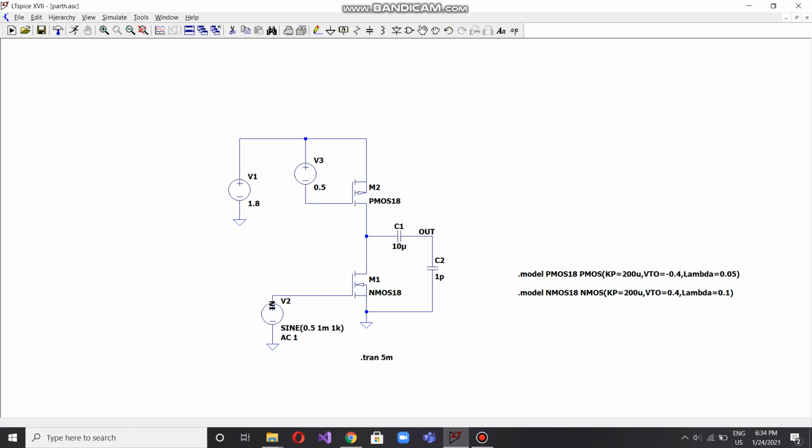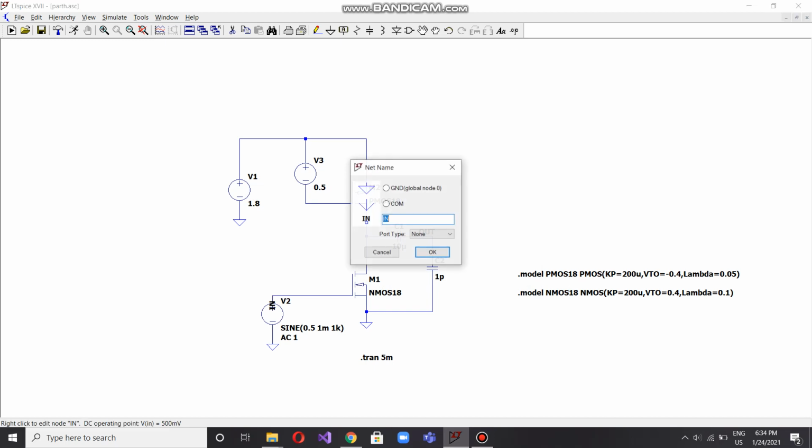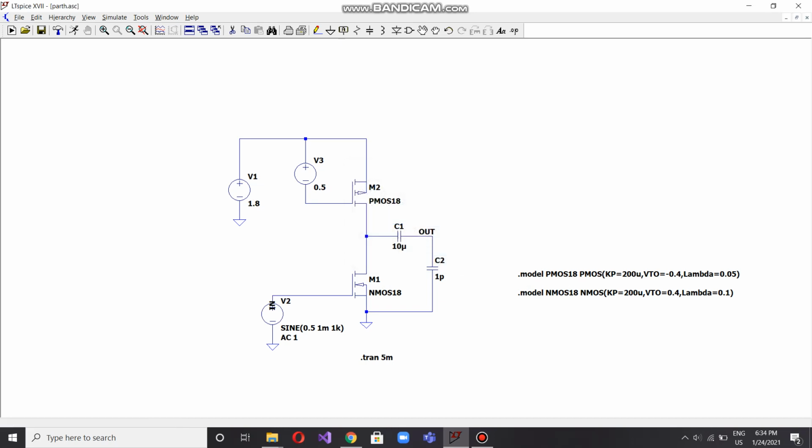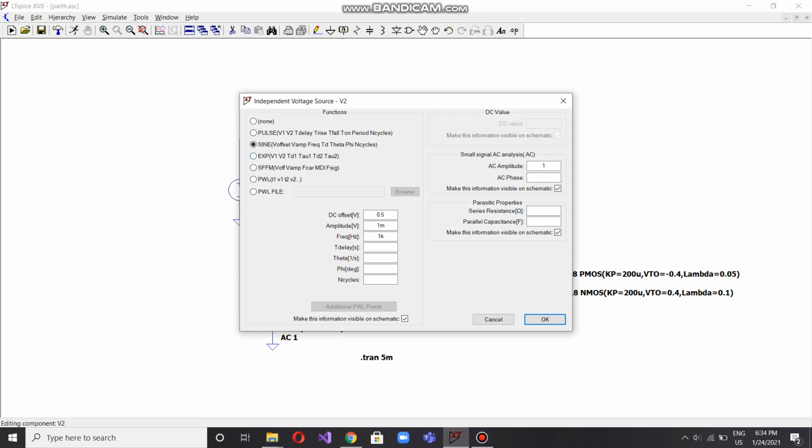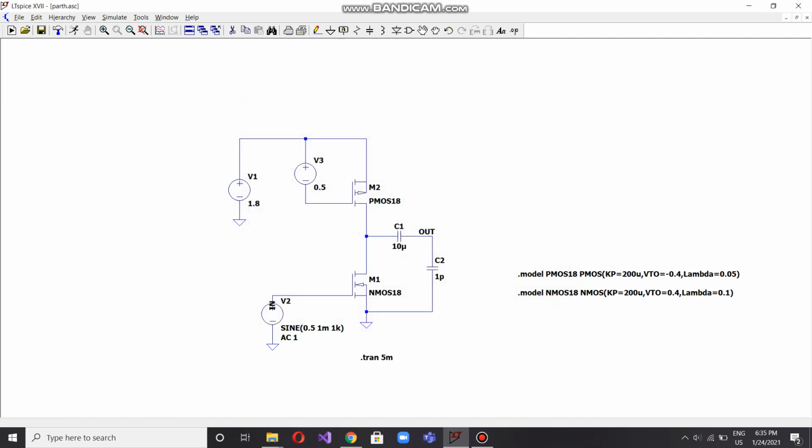So first of all, I'll let you know the characteristics of my source. My source is a sine source. The DC offset is 0.5, amplitude is 1 milli, frequency is 1k, and I've also given an AC amplitude of 1.